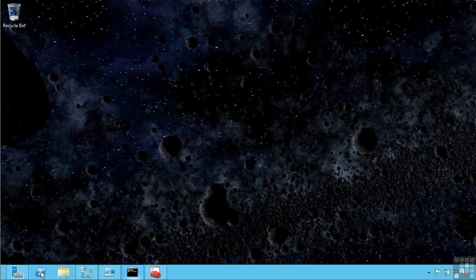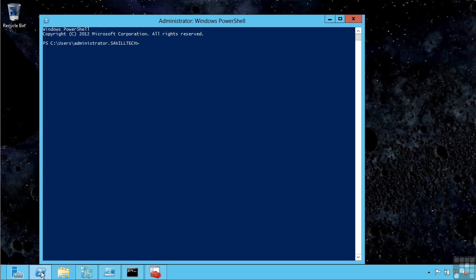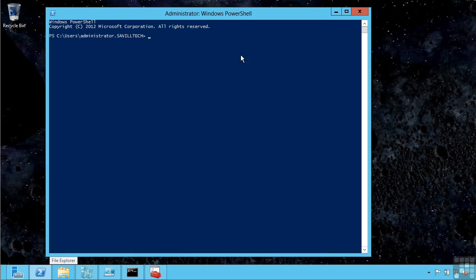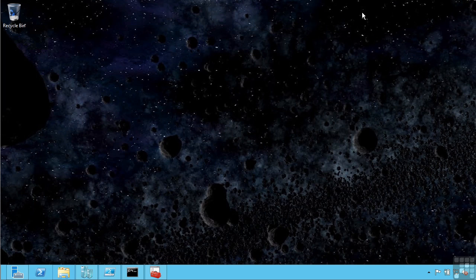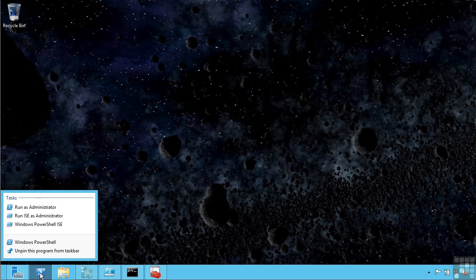By default, you'll see on the desktop of a Windows Server 2012 installation, you have a PowerShell quick launch added automatically. If I launch this, it opens up a PowerShell window. Notice this is actually running as administrator. There are many times where you need to be running PowerShell with administrative credentials. So for example, if this was not running as an administrator, if I was to right click, you'll actually see